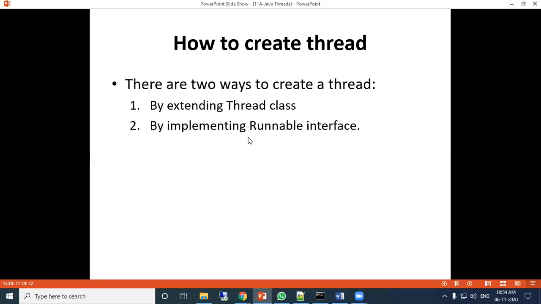Another is by implementing the runnable interface. One thread class is there, and another runnable interface is there. And runnable interface also uses the thread class. So now today we will see another example, where instead of extending the thread class, we will implement the runnable interface.